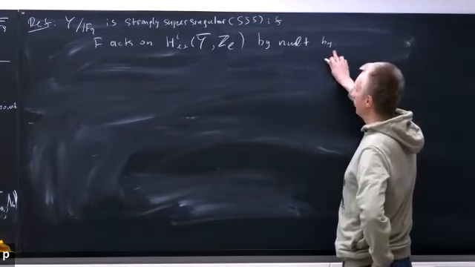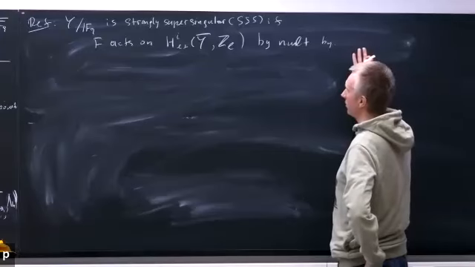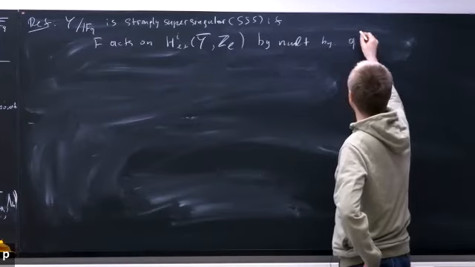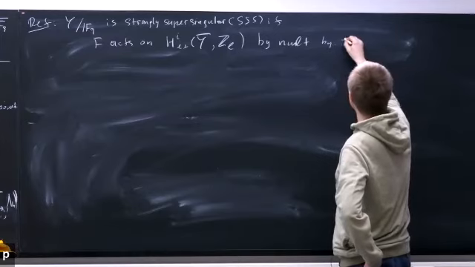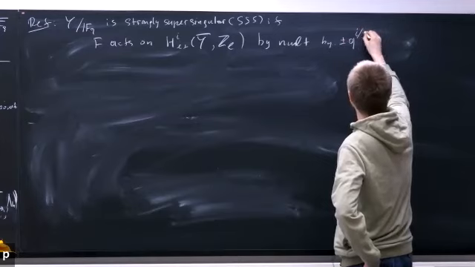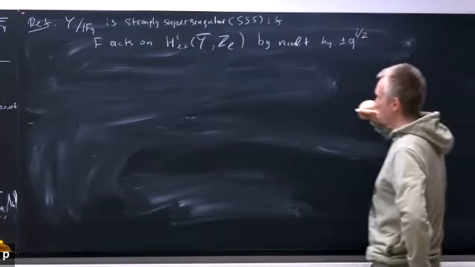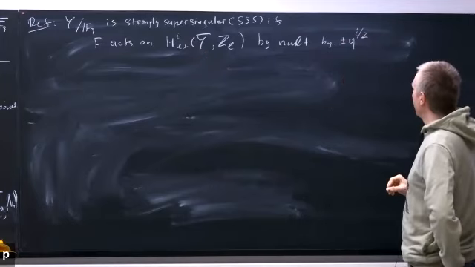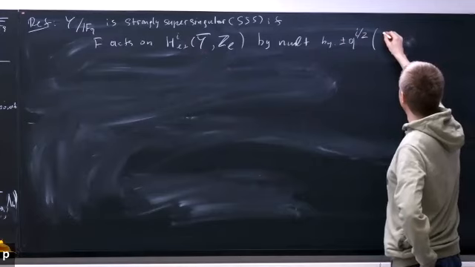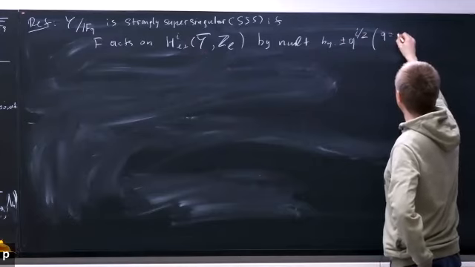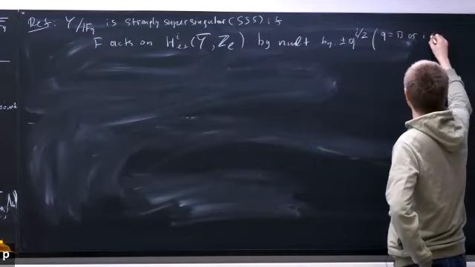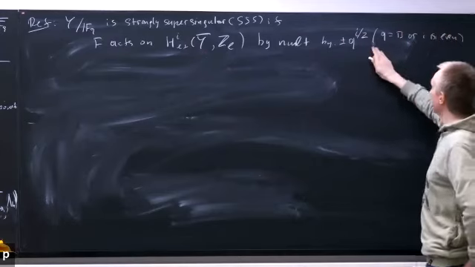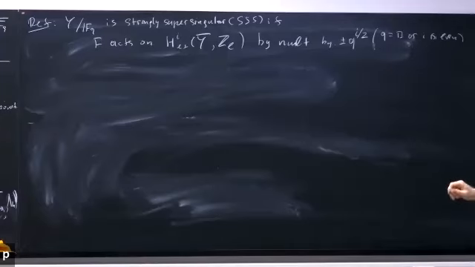So Frobenius acts by multiplication by just a scalar, and actually it follows from the Weil conjectures that the scalar is q to the power plus or minus i divided by 2. In particular, that means that q is a square or i is even. So this is possible only under these restrictions.